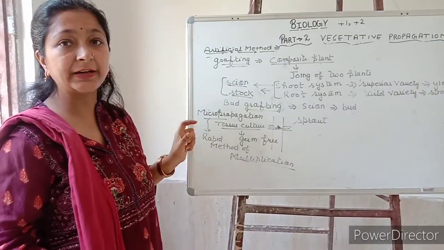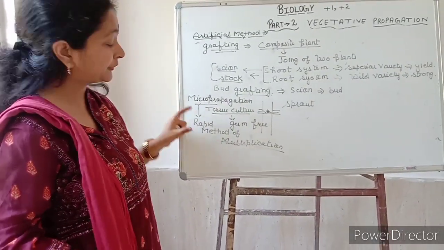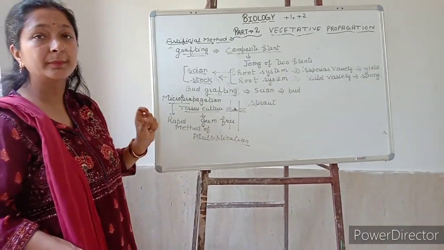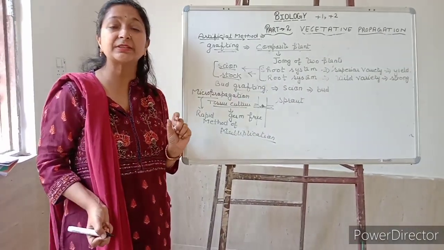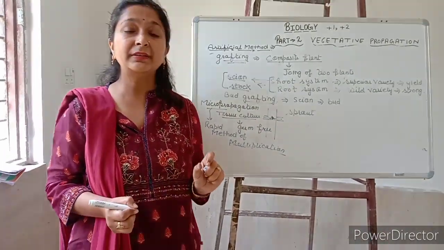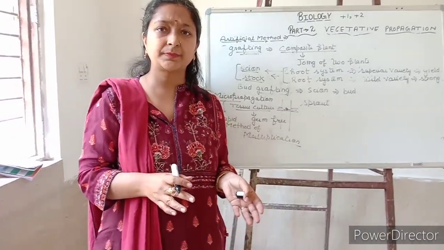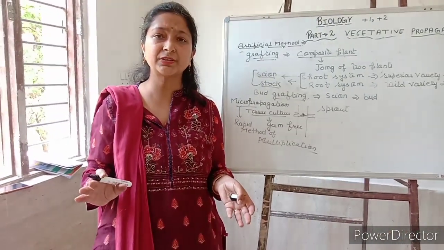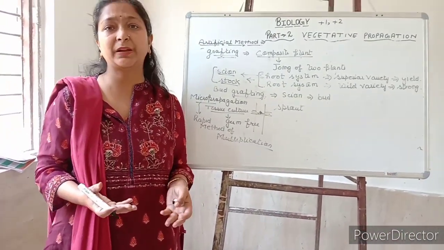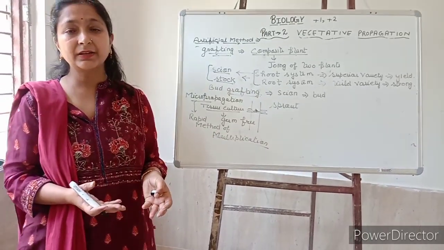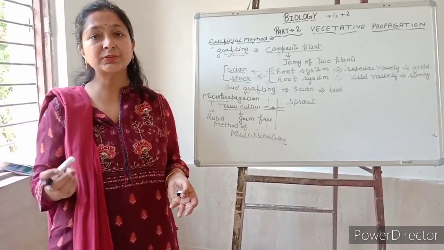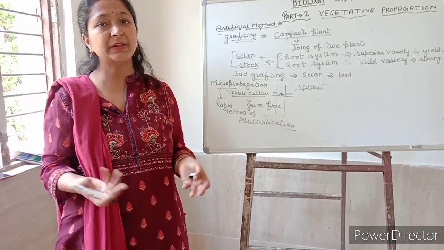Now there are some advantages and disadvantages of vegetative propagation. Most important advantage of vegetative propagation is that we can derive same plants. They don't have any variations. They can be rapidly multiplied. And its demerits are, it does not induce any variations, and parents are always